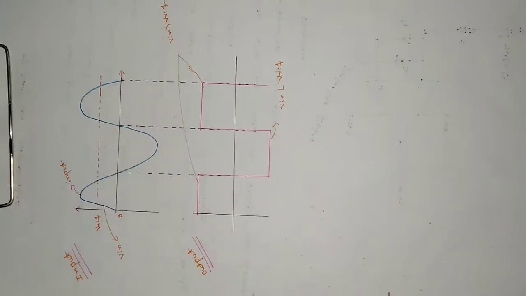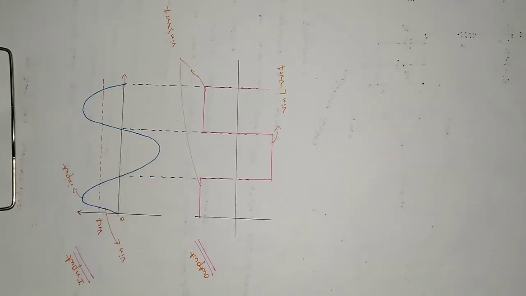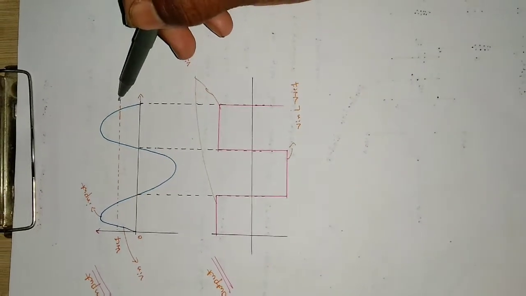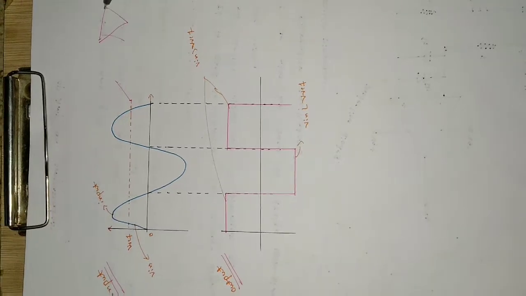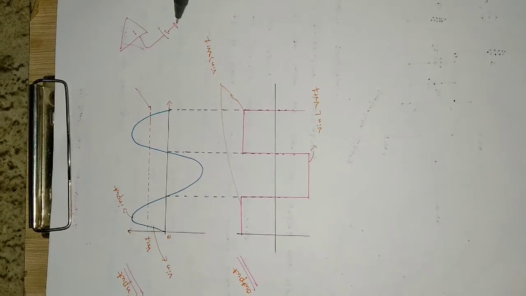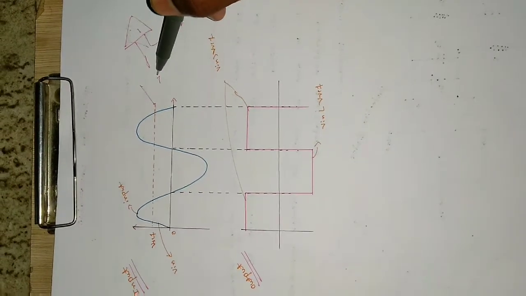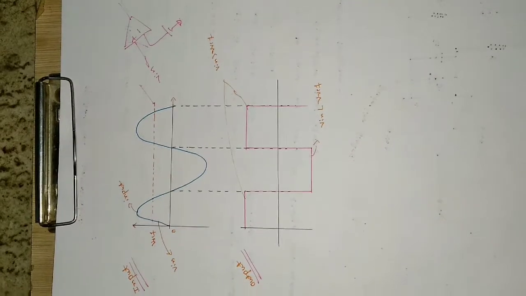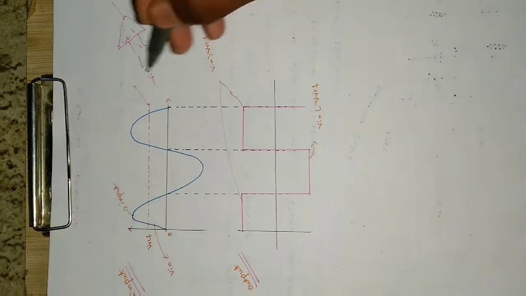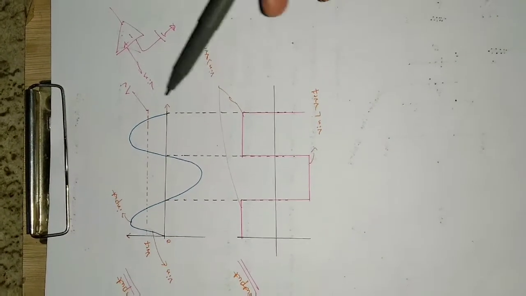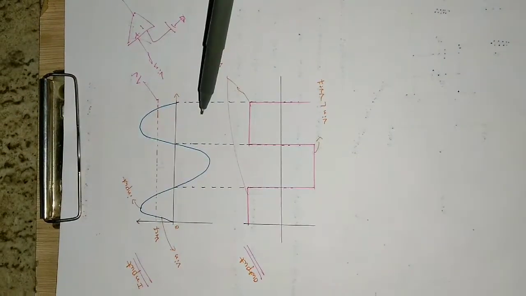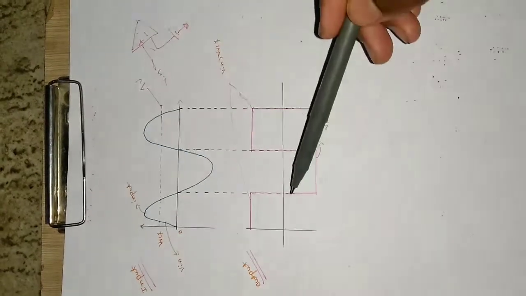Alright, so here is the input output waveform. So this is the input waveform here. This is the reference signal which we have applied here. Let me just draw for you. So this is the negative terminal and here we have applied a reference voltage, and this is the input voltage. Okay, so this is applied to the non-inverting terminal. Alright, so this is the reference voltage which is 1 volt actually. Okay, so this is a 1 volt peak to peak voltage, and this is the input voltage, that is a sine wave we have applied. Okay, so output will be like this.